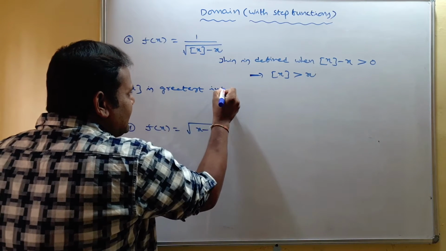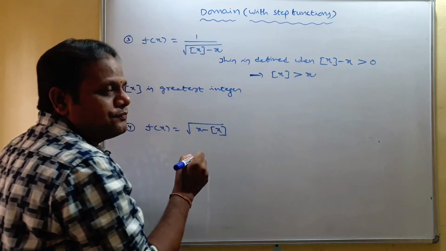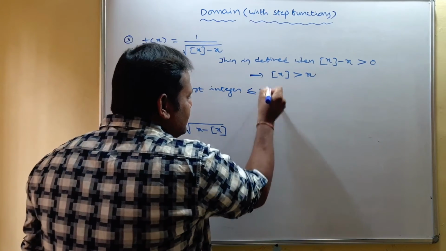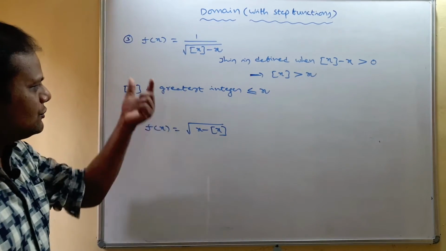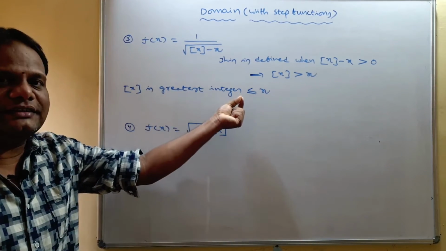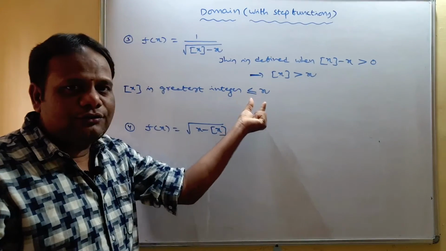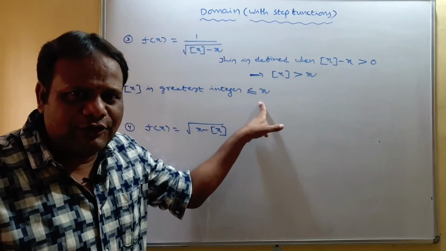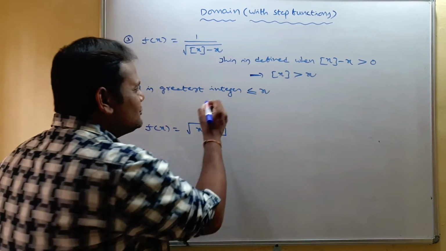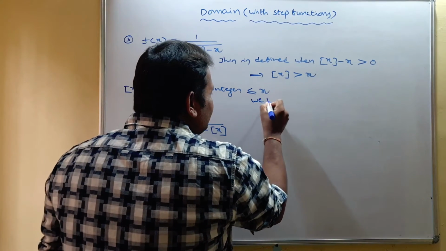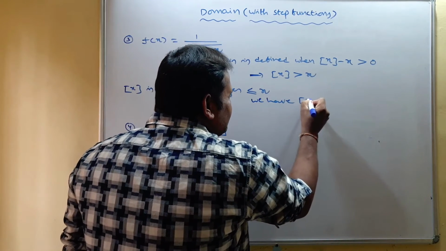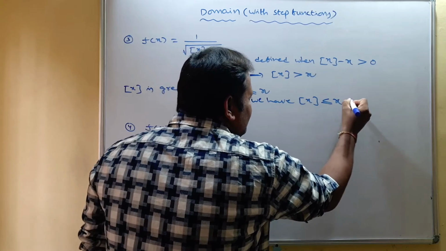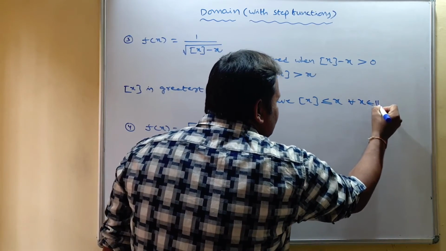Step x is the greatest integer less than or equal to x. Is step x less than or equal to x? Yes. So we have step x always less than or equal to x for all x belonging to the real number